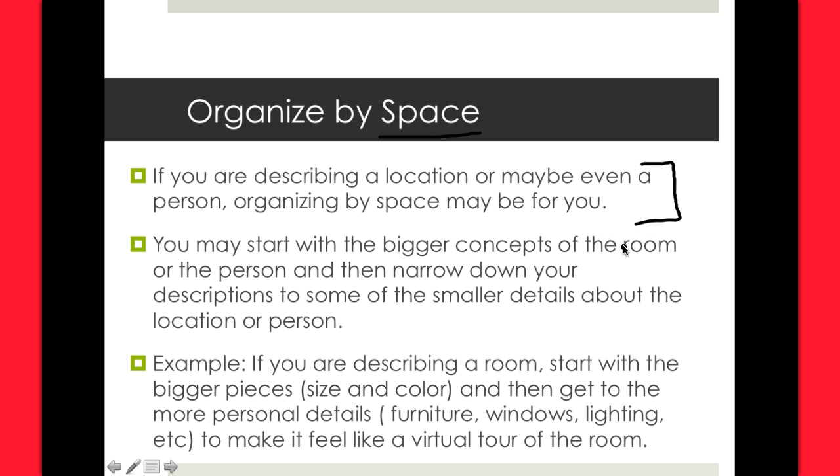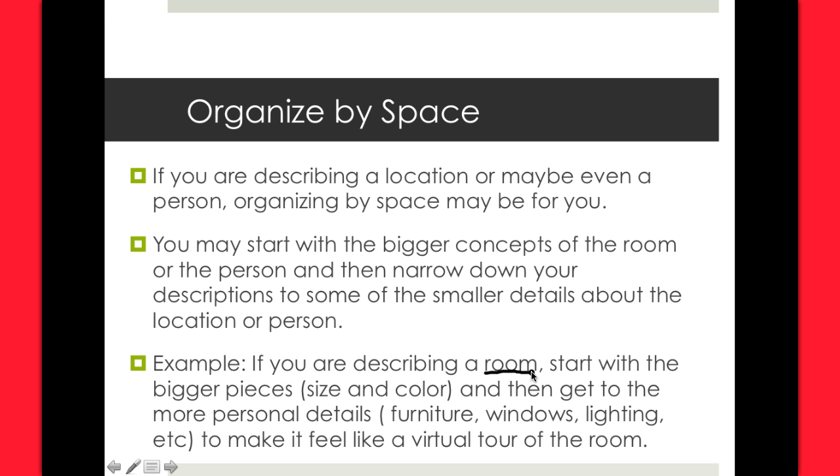And the way that works effectively for most of these essays is to start with the bigger concepts of the room or of the person, like an overall bigger idea in your first paragraph. And then as you go through your body, you narrow it down to some of the smaller details about that person. So for an example, down here, let's say you are describing a room,